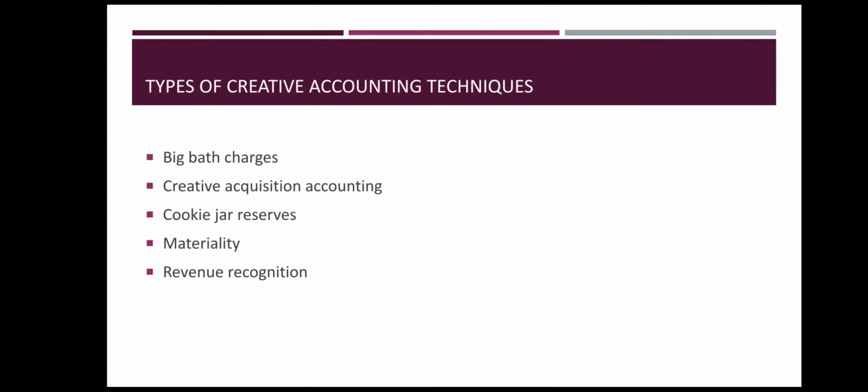So purposely they make errors in certain areas where you can easily get out of that situation, and they try to keep reserves for some other purpose or for future projects. So this is also another technique of doing creative accounting. You purposely show the errors so that people will concentrate only on those errors, and side by side you can do what you have planned for. So that is materiality. Next technique is revenue recognition.